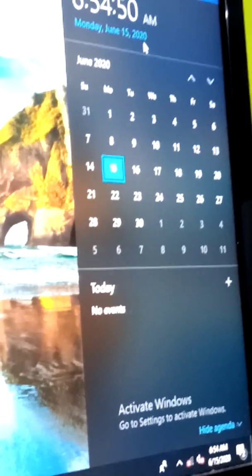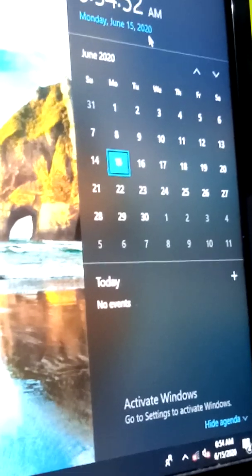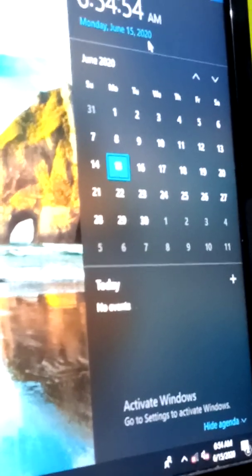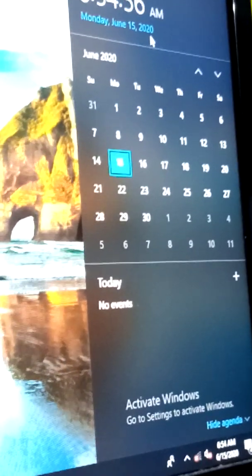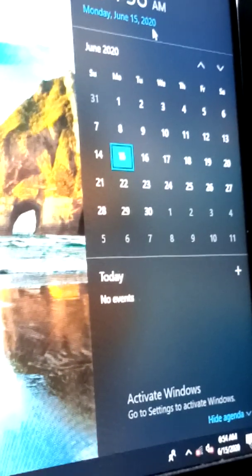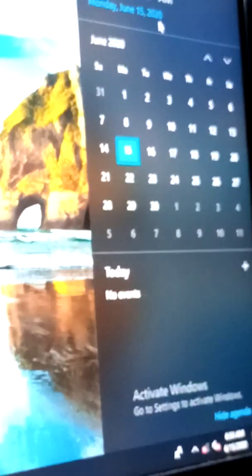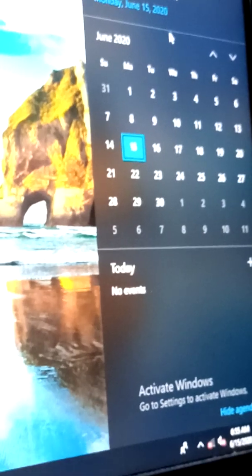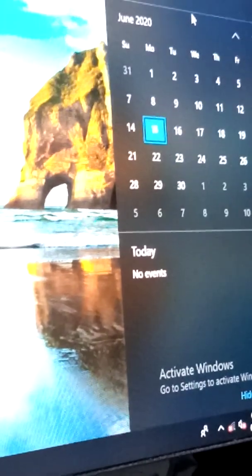If you have a computer at your home, then you can do the lab assignment according to the instructions which I have given. This is all about today's topic. What you have to do first of all is take out your copy and write down the different versions of a computer. Thank you and have a nice day.